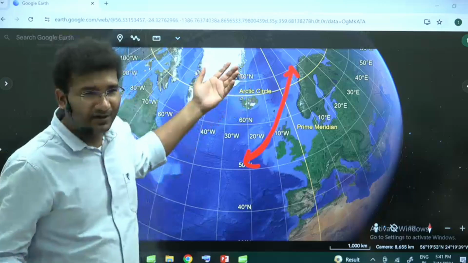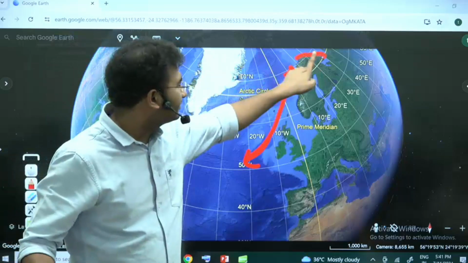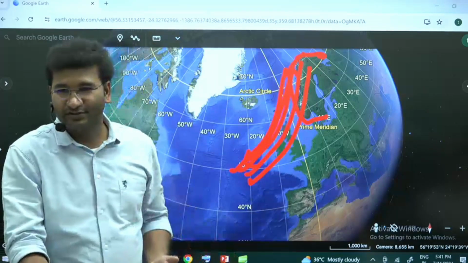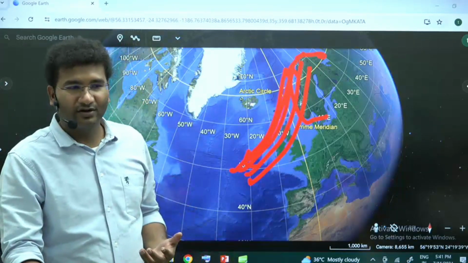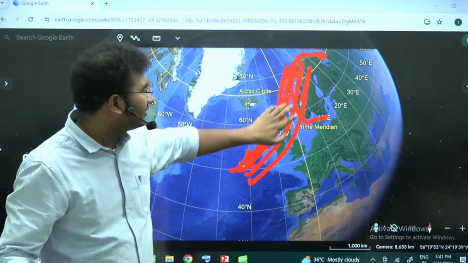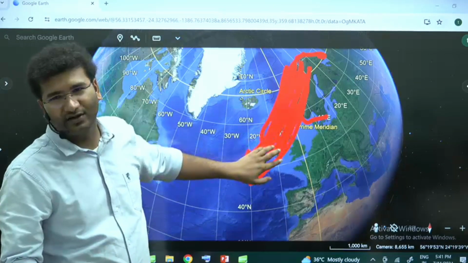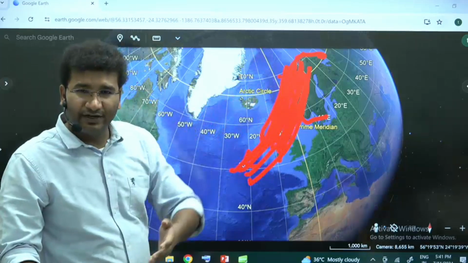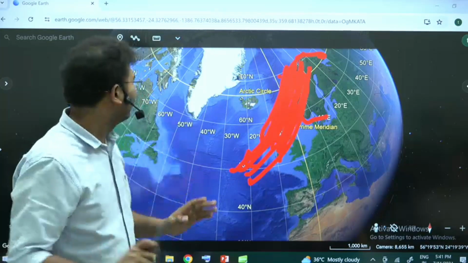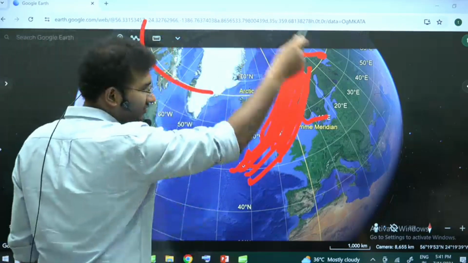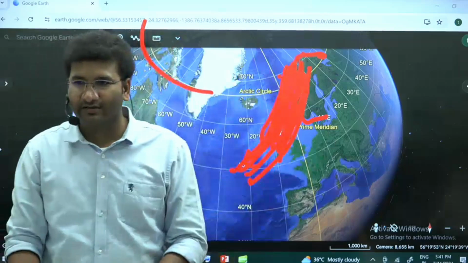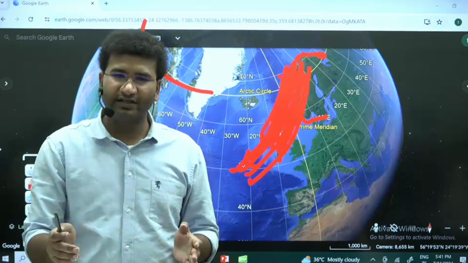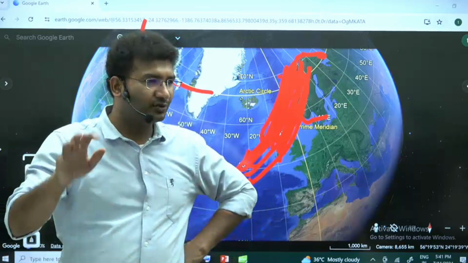In Greenland, ports cannot be operated. But you go to this Norway, Sweden, Finland. Here, all throughout the year, they are able to run their ports. You know why? It is because of the North Atlantic Drift. This North Atlantic Drift is the reason why you have warm water. And they have to pray to this warm water because, in spite of winters there, the ships are able to move. Now, at any latitude where ships cannot be operated, trading is banned. Buying and selling cannot happen. Whatever they have to do, they have to bring into the ships and store within their country.